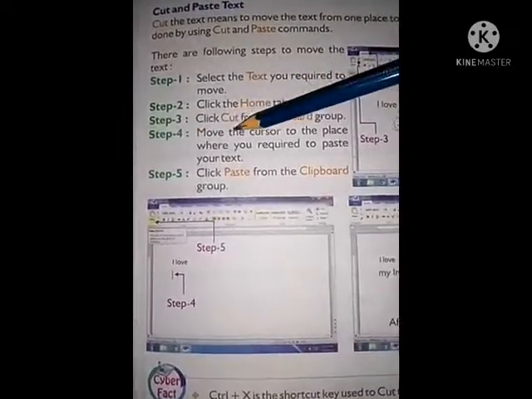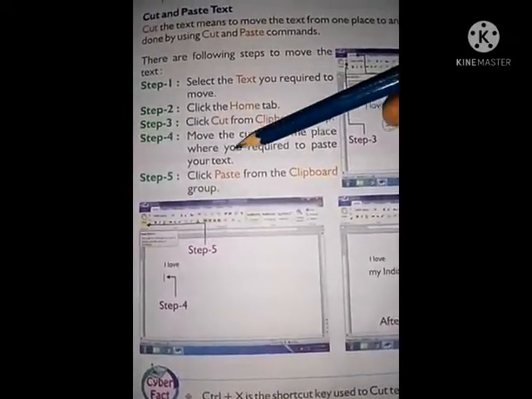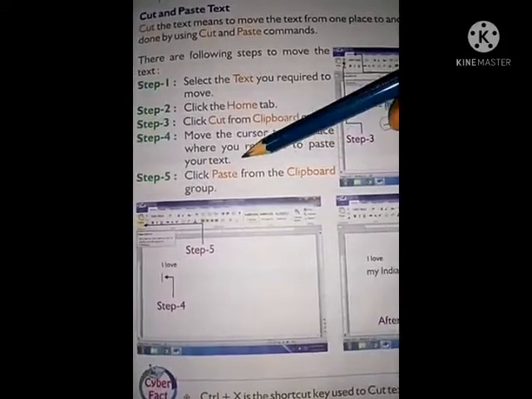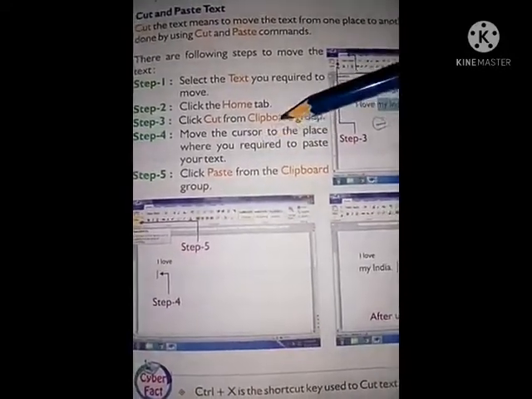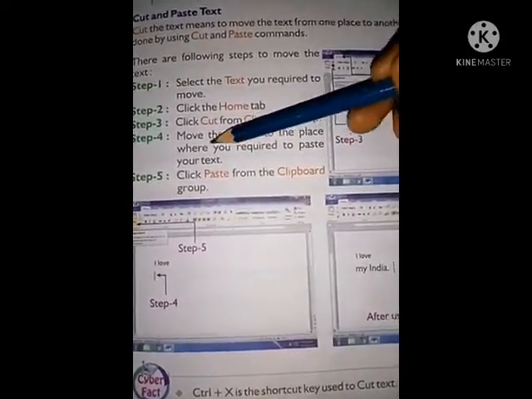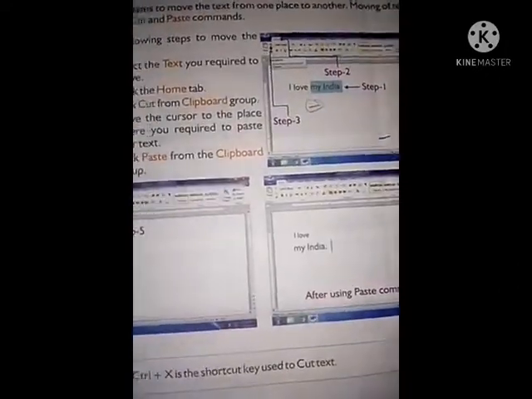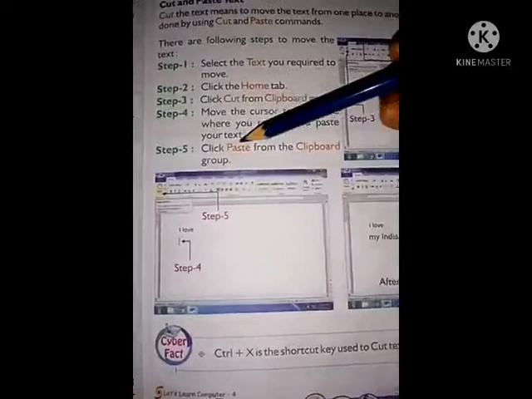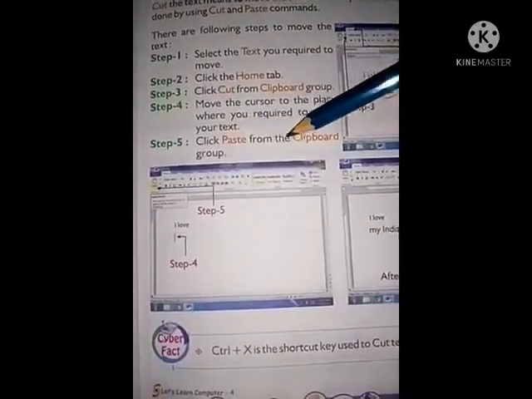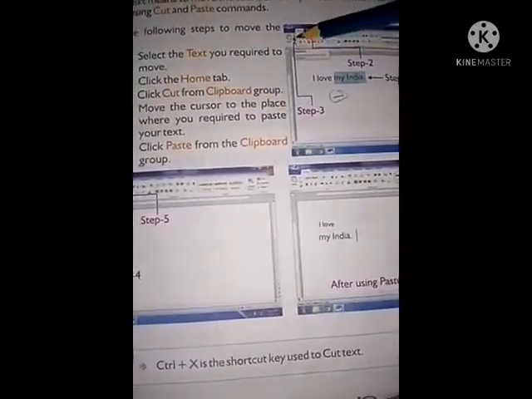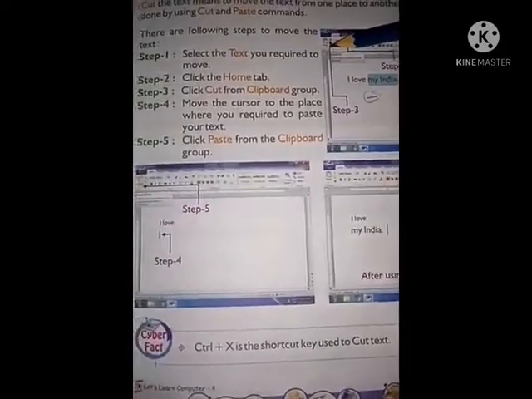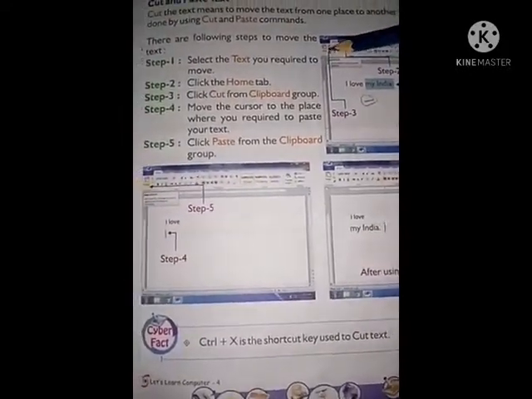Step 4, move the cursor to the place where you require to paste your text. Step 5, click Paste from the clipboard group. Here in the clipboard group, Paste is available.